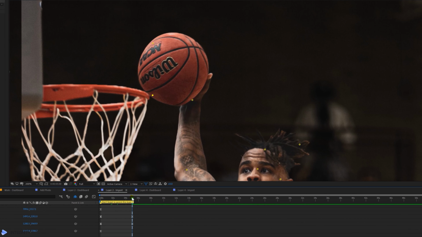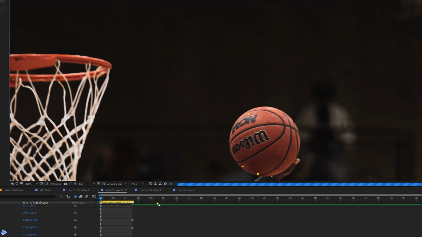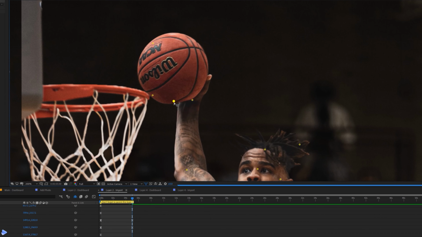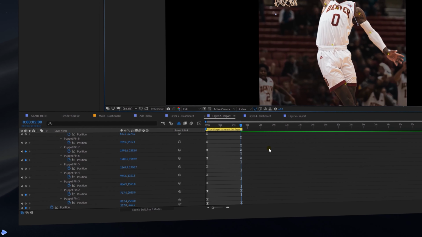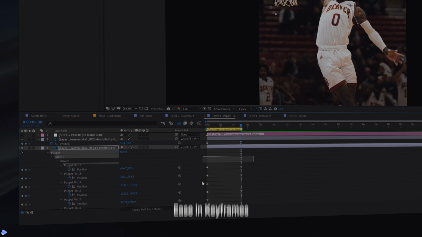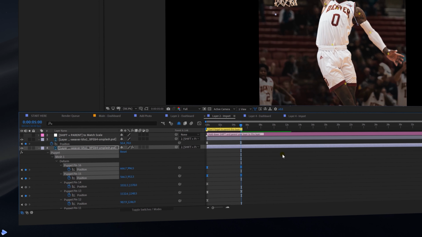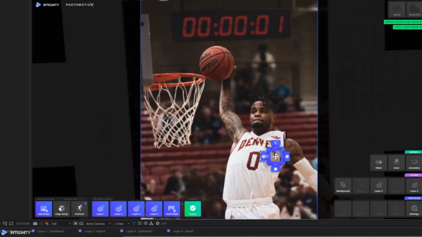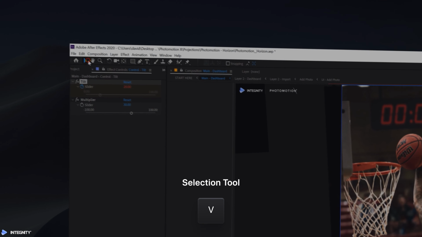So we'll repeat this process again, as said before, by bringing our needle to the start, adding that point, then bringing our playhead to the 5 seconds point, and then readjusting that point and the other so it looks a little bit better. So once again, just make sure to convert these new keyframes that we've created to easing so they fit this animation and the overall main one. So let's just pop back to the main dashboard, have a look, make sure to change our puppet tool for the selection tool, and then we can spot there's actually two problems now.